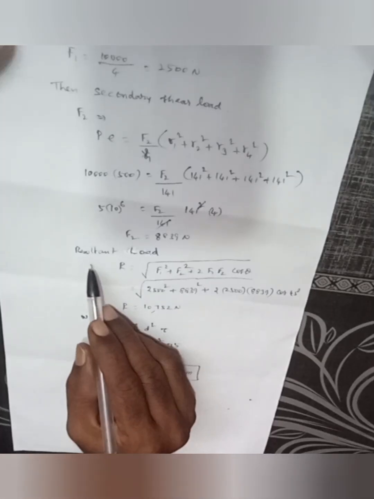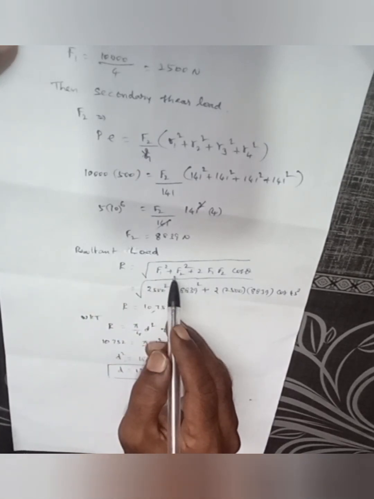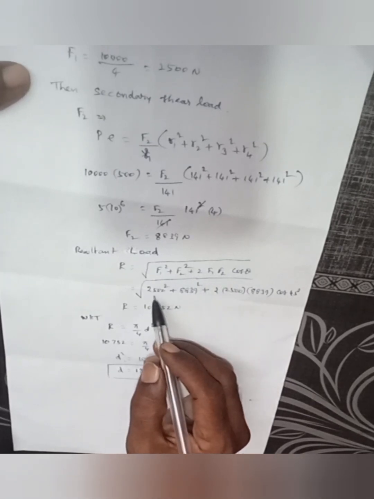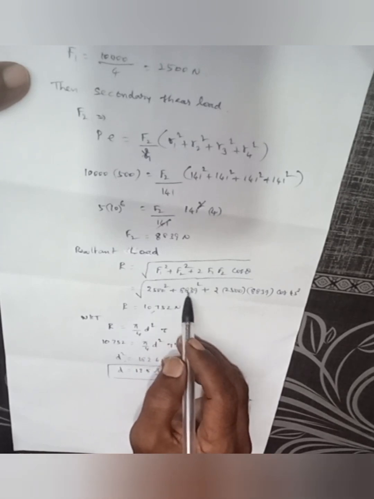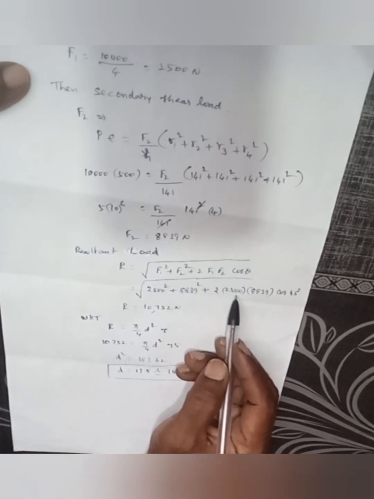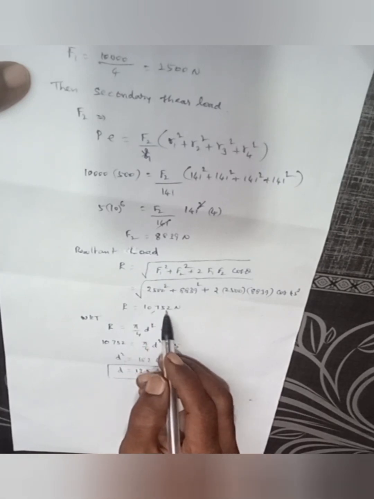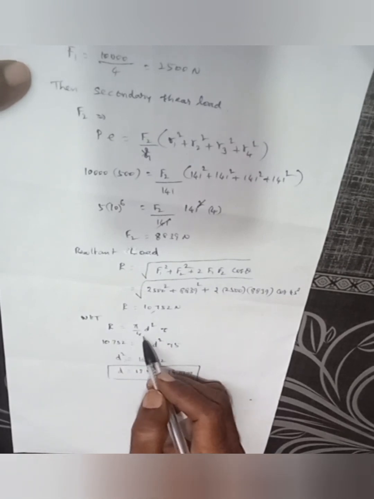Resultant load R is equal to root of F1 square plus F2 square plus 2 into F1 F2 cos theta. So F1 is 2500 whole square plus 8839 square plus 2 into 2500 into 8839 into cos 45 degrees. So the resultant is 10,722 Newton. We know that the resultant load is equal to area into stress, pi by 4 d square